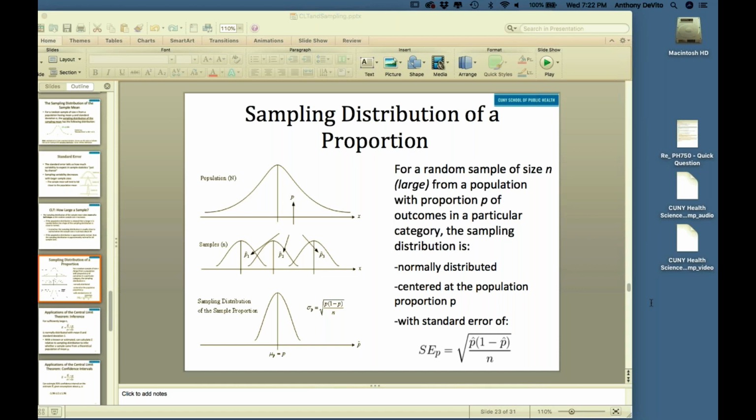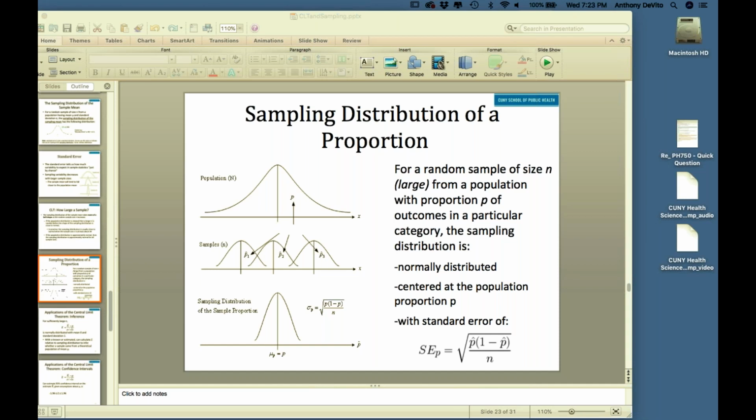Okay, so we can do the same thing with a dichotomous variable. Like, for instance, how are you going to vote? Well, let's say the voting population in New York City is 1 million people, and they are going to vote in the next election. If I went to them and asked them, are you going to vote Democratic or Republican, some of them are going to say Democratic, some Republican. But that's not a numerical variable, is it? It only has two values, right?